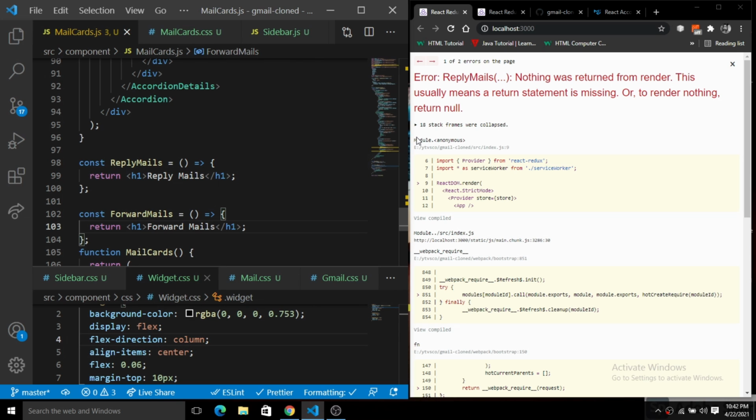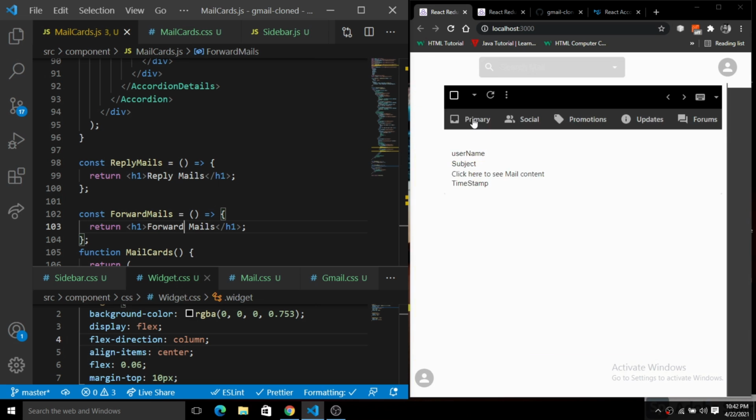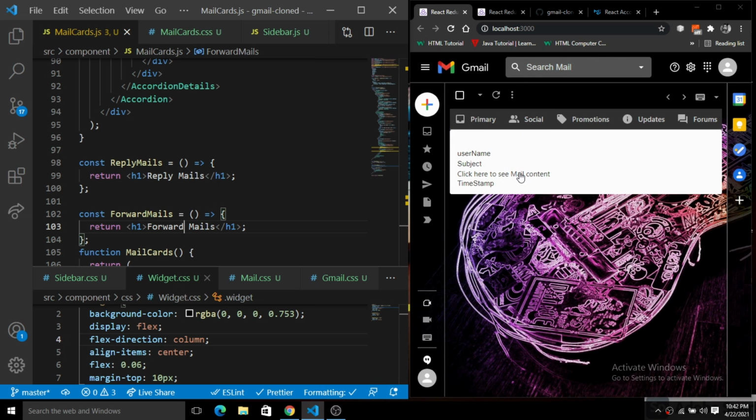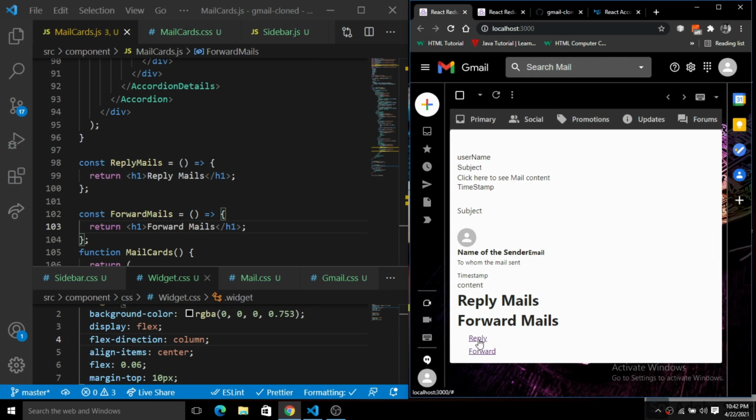Okay, now the error should have gone. Now you guys can see we have a reply and we have this forward. So these are the things we were talking about. We have built the structure, the whole skeleton that we wanted to create here. The only thing that is left is the styling.